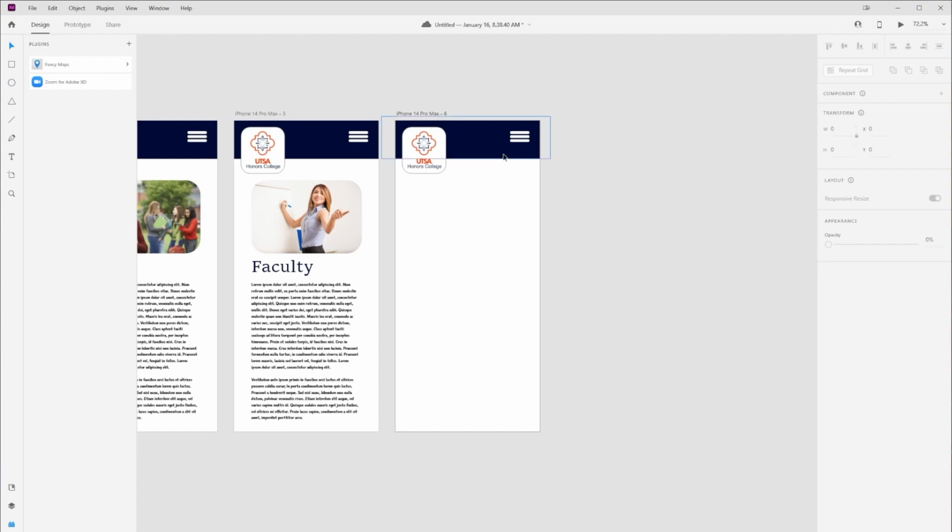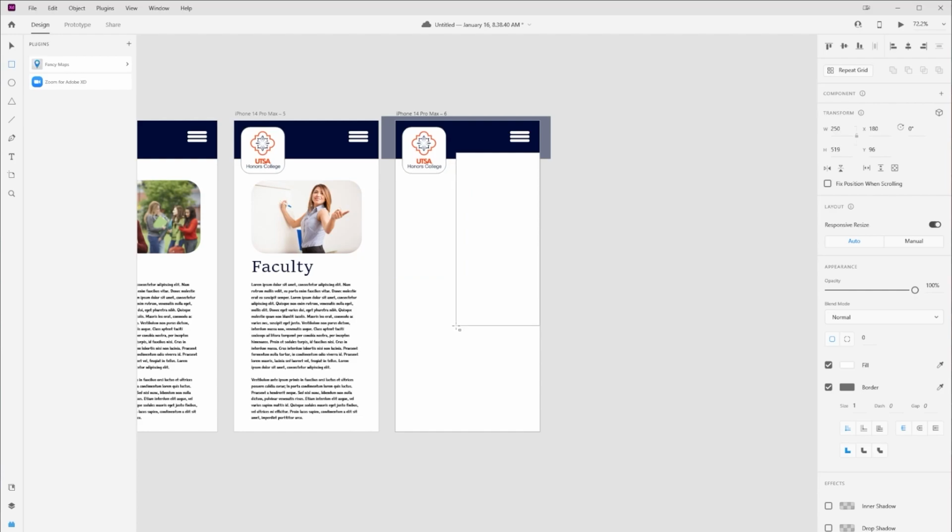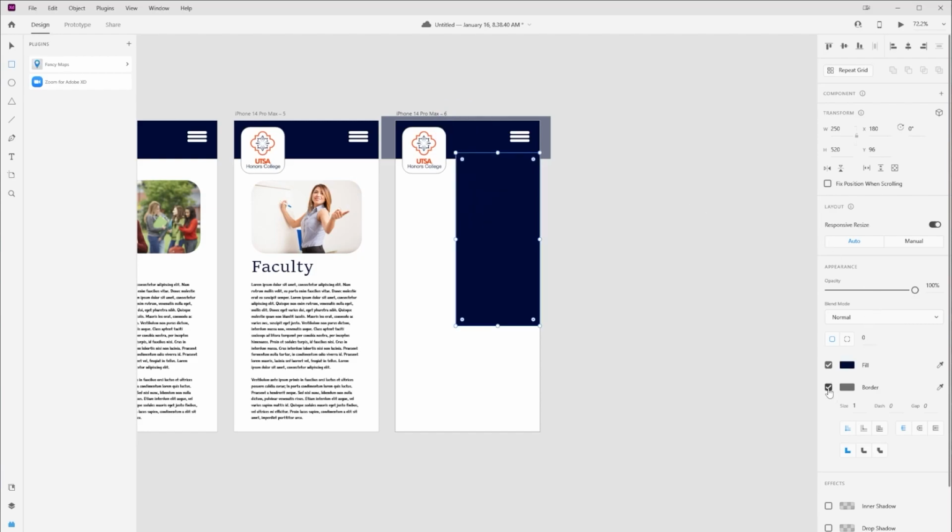And what I'm going to do is make a little drop down that'll come up from that hamburger menu. Rectangle tool, same thing we used earlier. Click and drag. I'm going to eyedrop this to match my blue here. You don't have to do that, but I'm just going to match it up. And I'm going to use that rounded corners trick, but I'm going to do one little thing different.